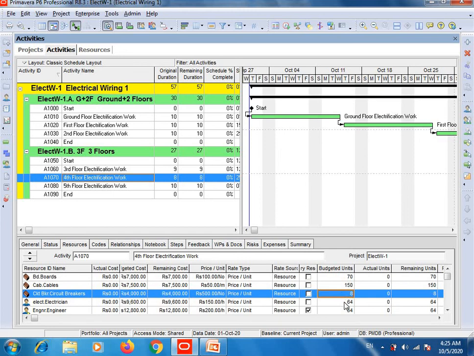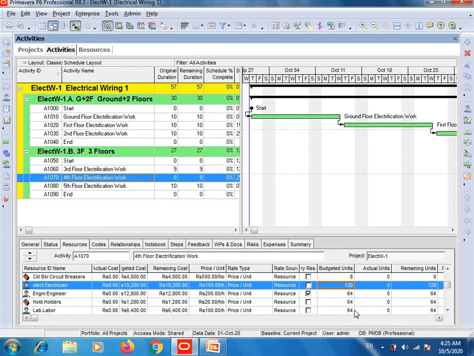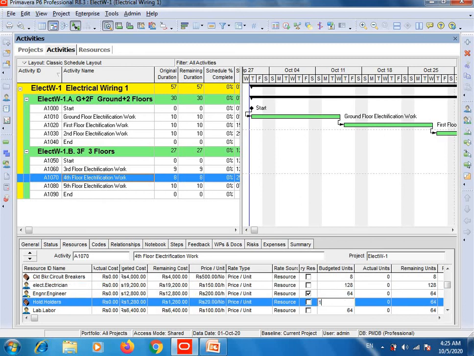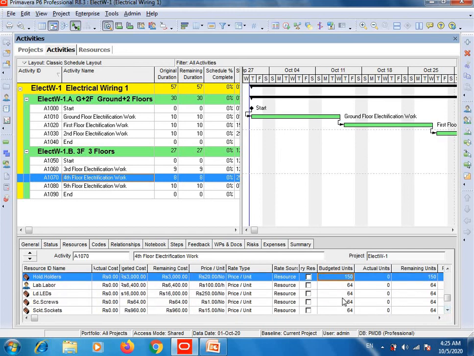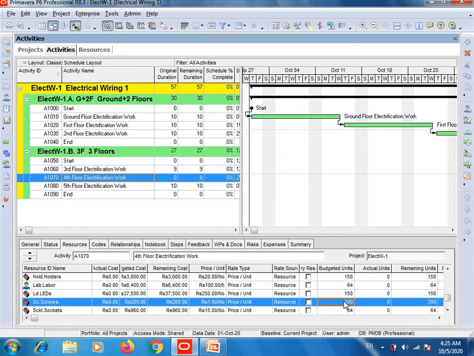Electrician, 2 electricians are involved, so simply multiply 8 by 16, and you will get 128 hours. Engineer 1 is enough, 8 by 8 is 64. So holders, for example, 150 holders will be required, 1 labor is enough. LEDs 150, as I did entry 150 for holders, so for LEDs 150. Screws, for example, 200. Sockets, for example, 100.